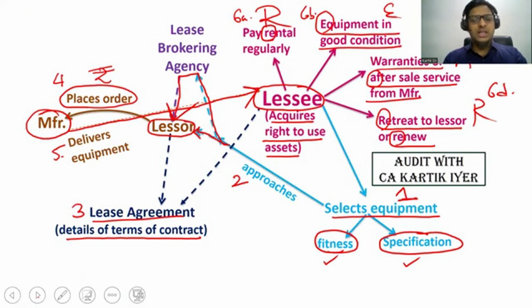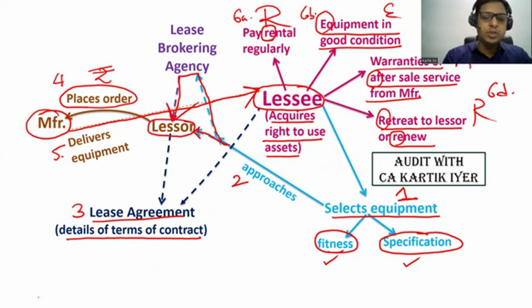Next, I think we had done in this, that is, sir, what are the modalities of a lease transaction? तो lease transaction में क्या क्या modalities होता है? पहला आएगा आपका यहाँ पे जो lessee रहेगा, he will need an asset here to run his business. For his business, he needs an asset. But because the asset is costly, he cannot afford it by himself. So what he'll do is he'll first select the equipment with its fitness and specifications, मतलब with its model number, details, and all these things.